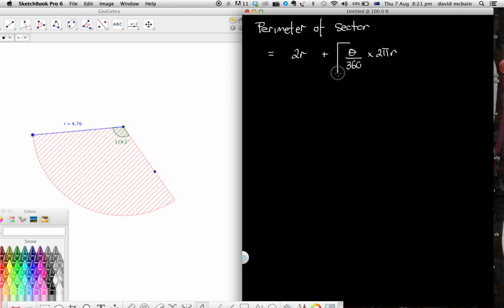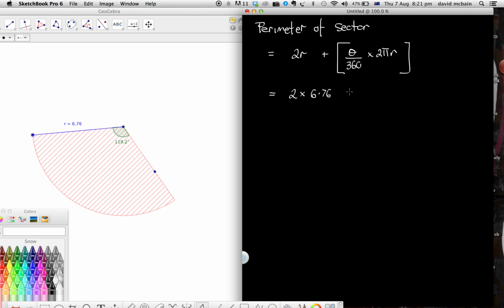And we're going to put that in big brackets just to remind you to do this calculation first, then add the 2r on the end. So let's do it. It's going to be 2 times the radius, so 2 times